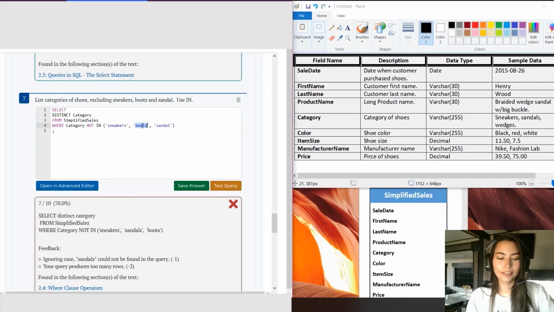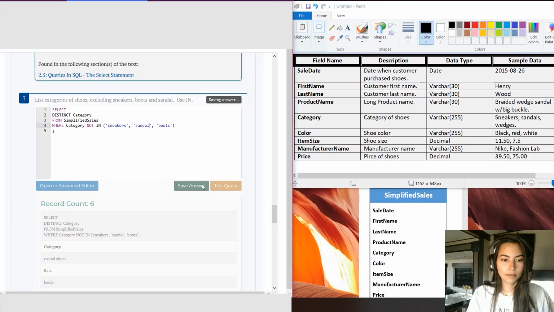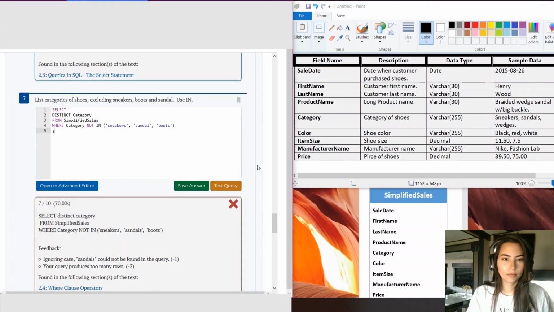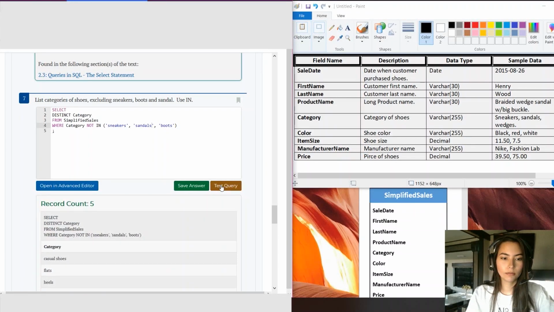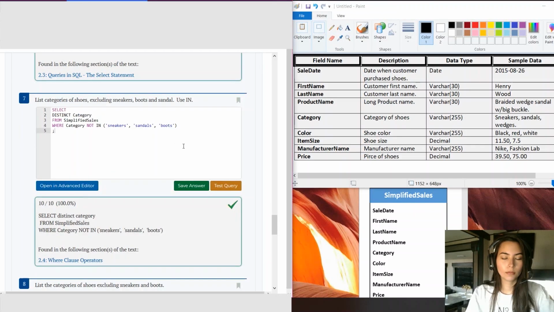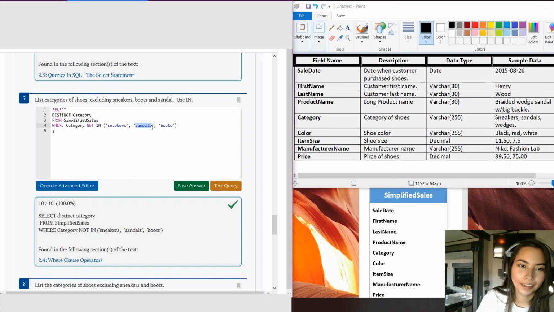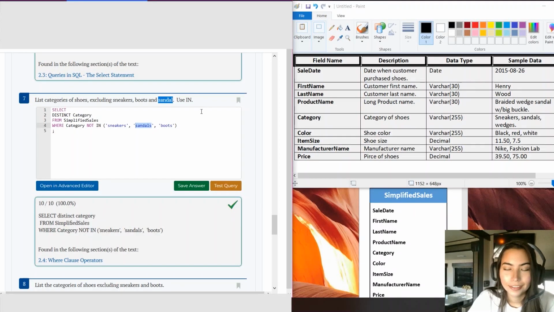Is it mad because... Oh, that's what I did. Okay, everyone. This is very important, but make sure that you spell everything correctly. So I just put sandal because that's what it said, like, to put, but apparently this is where stuff gets kind of complicated